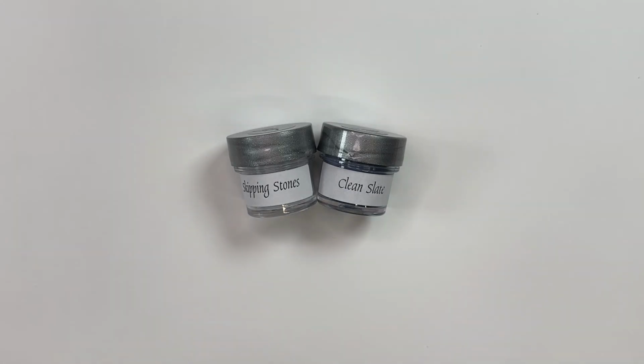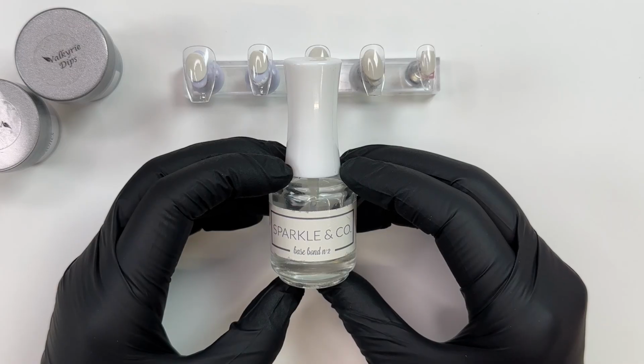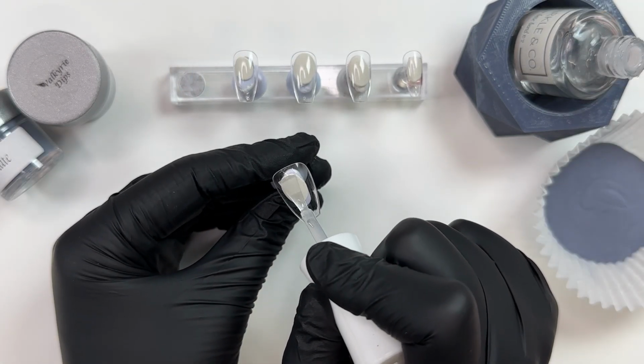Hi everyone, welcome back. For today's mani, we're going to be playing with dip powders from Valkyrie Dips. We're going to do a refreshing, beachy kind of mani here on a set of press-ons on the shape Short Coffin. We're also going to be using all dip liquids today, so we are not going to be using any